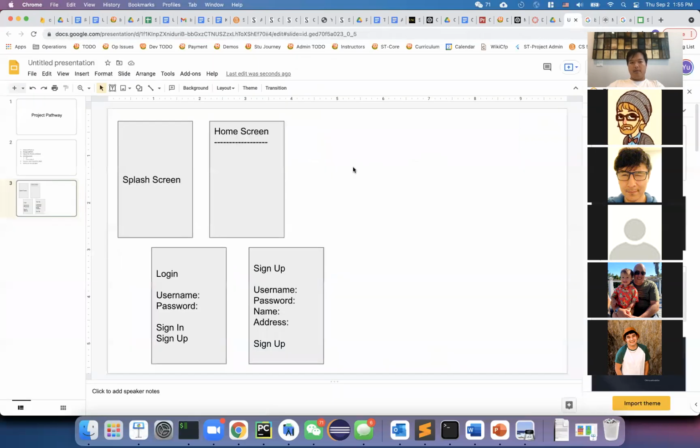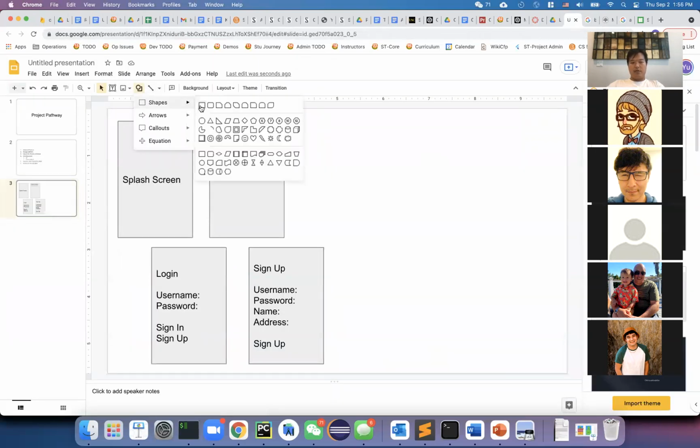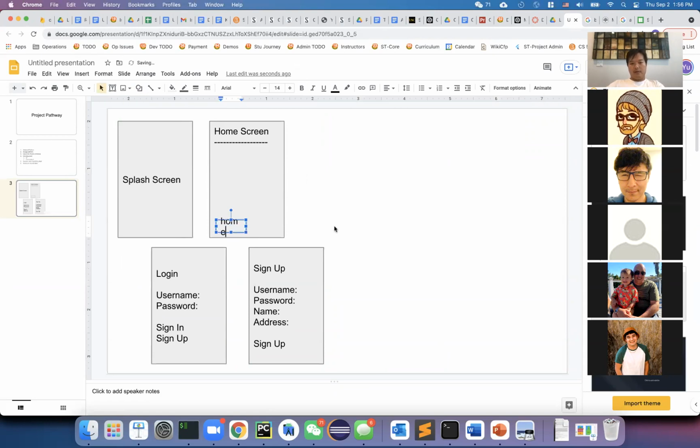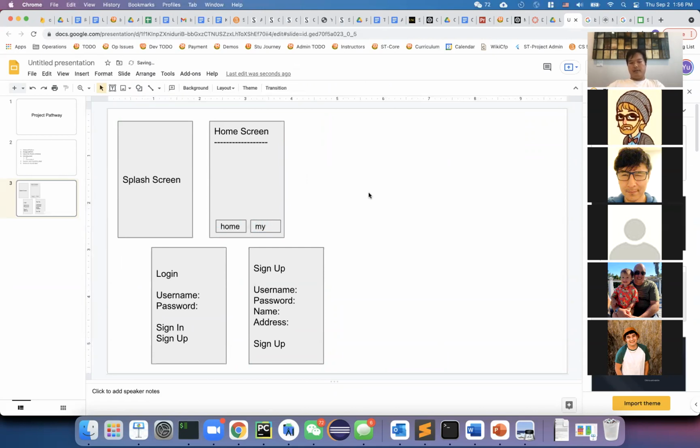So in this case, maybe we just need something very simple. One, for the home screen, we can search and then look at all the cars, right? I'll call this home. And the other one will be maybe your own profile. Okay, that's it. So here's the home screen. It's going to be a list.